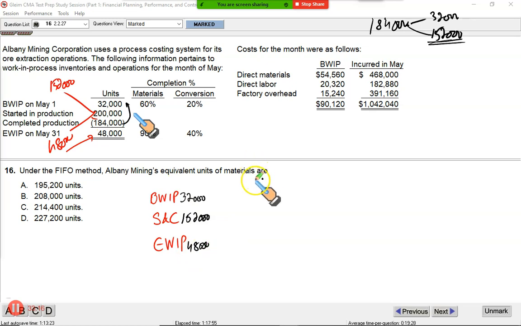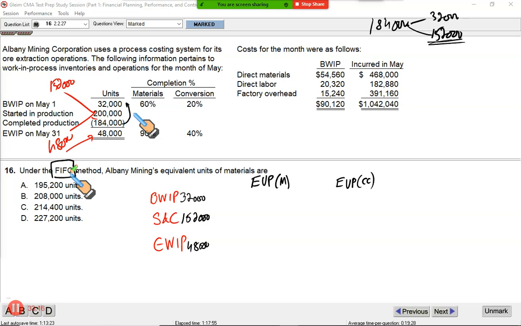So what we need are the EUPs, equivalent units, hypothetical imaginary numbers for material and for our conversion cost. How do we do that? Please remember FIFO. First in, first out. It assumes only the current costs. The costs that were added in the previous period, forget them. FIFO considers only the current period cost.